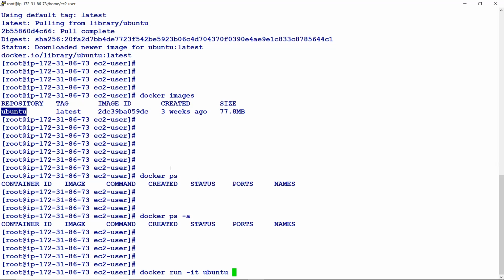I know that this is an Ubuntu OS, correct? So now what can I do? I have chosen IT. IT means interactive and T means terminal. So a terminal will open. So I can write here any command. After I run this image, it will create a container and it will open a terminal. I can write bin bash. So if I run this,